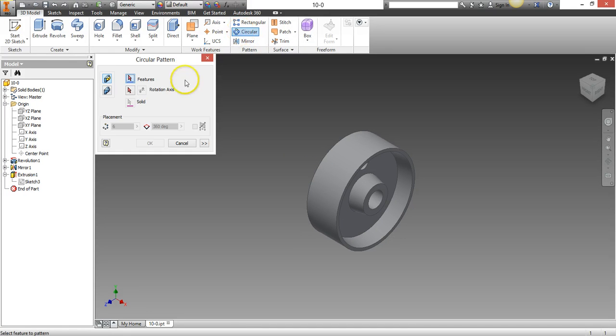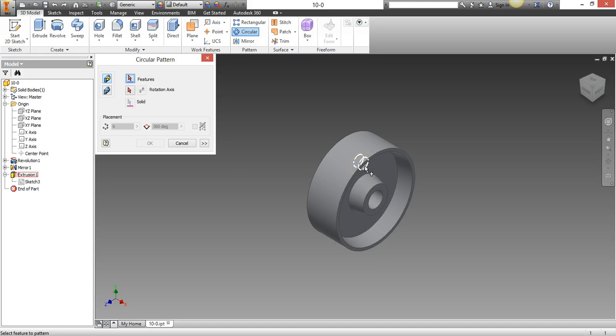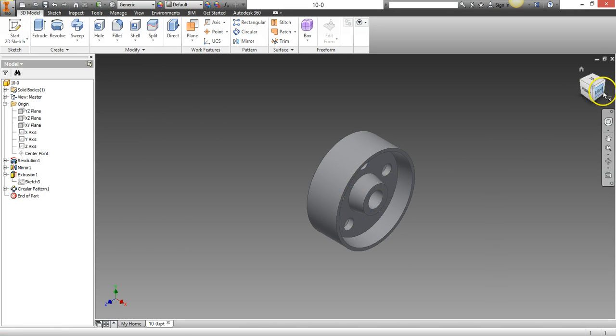I'm going to do circular features to be selected, so I'm going to be very careful with what I select. I'm going to make sure I only select that hole. Then I can do rotation axis. I can click on that, and it's not going to pull out the axis, but I can click on the x-axis, which is what I want. Right now you can see it's creating really 6 holes. I only want 5, so I can change that to 5. Leave the fill angle at 360. Hit OK, and I now have